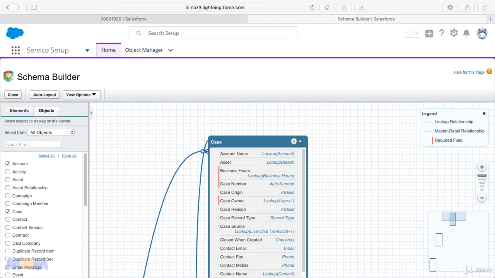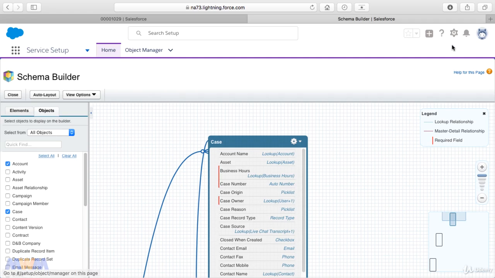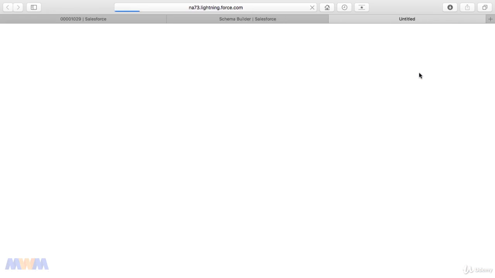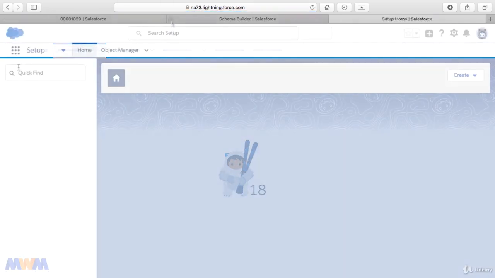So now let's talk about the interaction channels and the sharing model design considerations for those interaction channels. So I'm in the schema builder and I need to get back into setup in order to search. And so I'm going to click the setup icon to go to the setup menu, and we're going to search